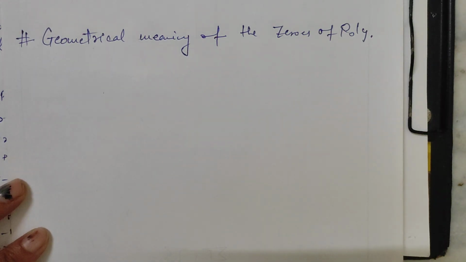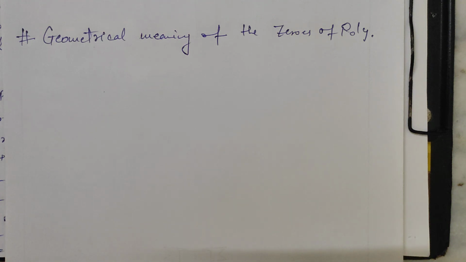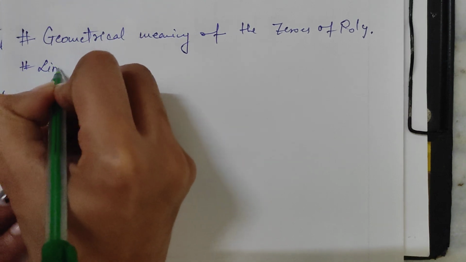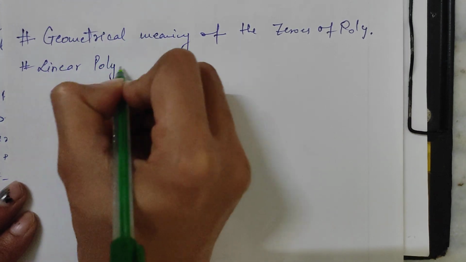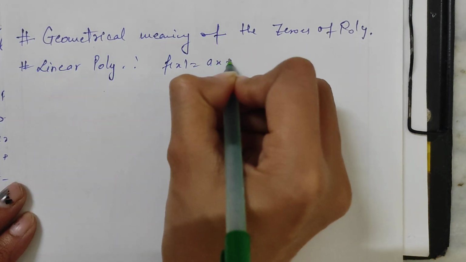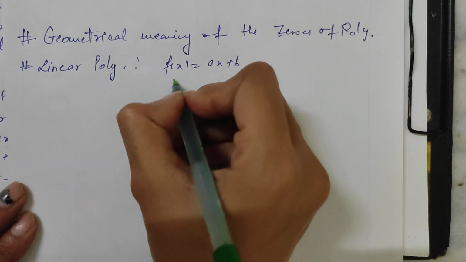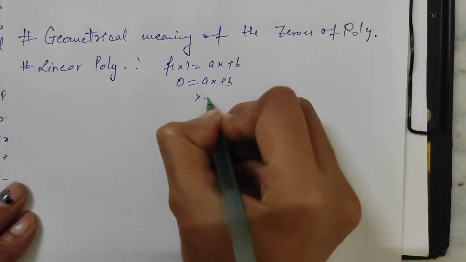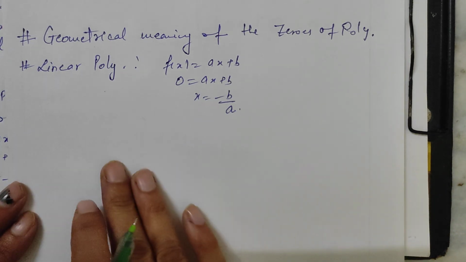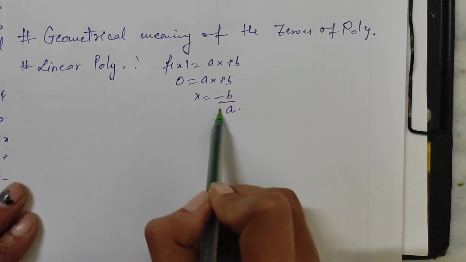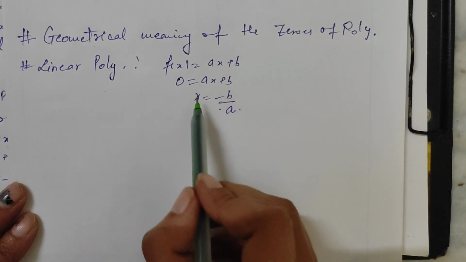देखो ज्योमेट्रिकल मीनिंग होता है, ग्राफ की बात करते हैं हम, ठीक है. ग्राफ्स आप सब भी फैमिलियर हो ग्राफ वर्ड से. तो अगर मैं लीनियर पोलिनोमियल की बात करूं, that means I am talking about f(x) equals ax plus b, and right now I have told you for zeros you have to substitute ax plus b equals 0, and from here you got x equals minus b by a. That means your graph is going to touch the x-axis at minus b by a, क्योंकि ये x की